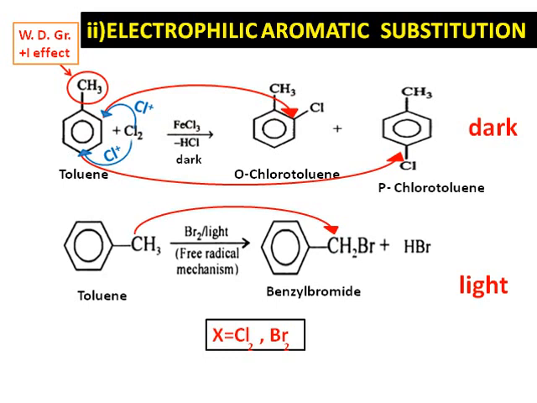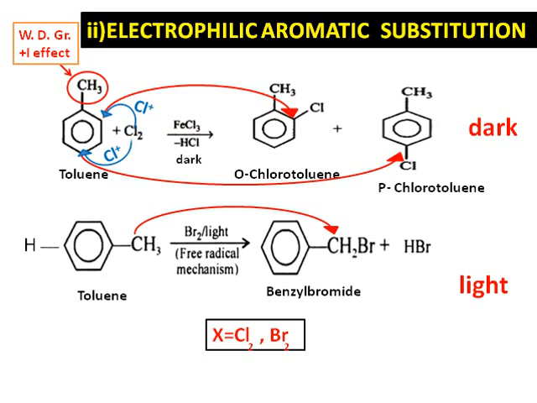Now here iodination of toluene cannot be done in the same way, because hydrogen iodide formed in this reaction is a powerful reducing agent due to low bond dissociation enthalpy, and the reaction may be reversed. And fluorination of benzene is not very successful because the reaction is extremely violent due to the reactive nature of fluorine and cannot be easily controlled.